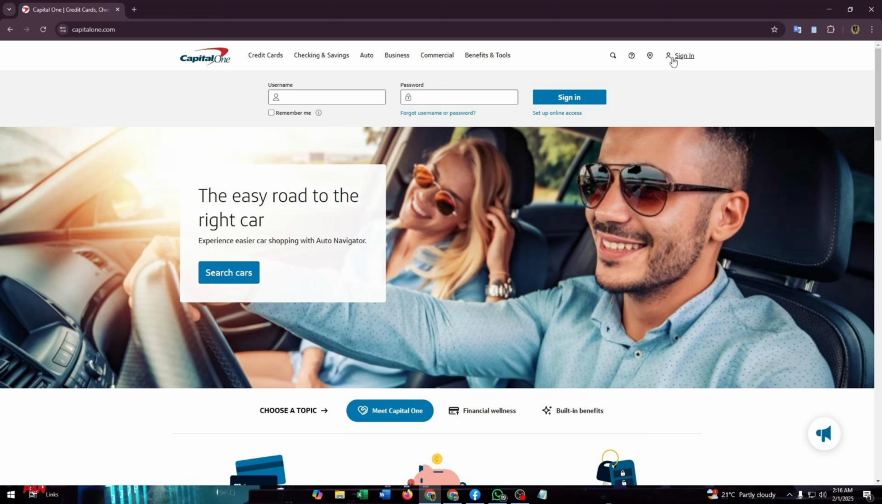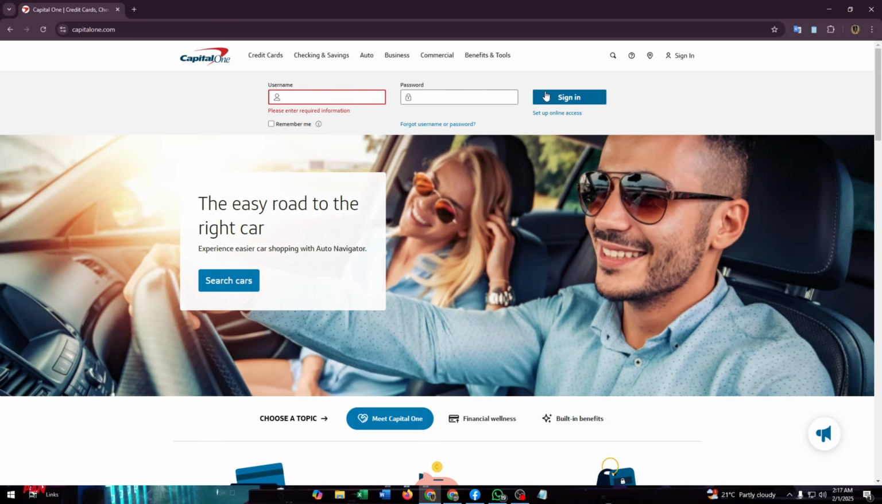bank account online. First, you have to go to capitalone.com. From their website you can sign up for a new account. Now you can sign in to your old account by entering your username and password, but here is the setup online access to set up an online account of Capital One. You just need to simply click on it,